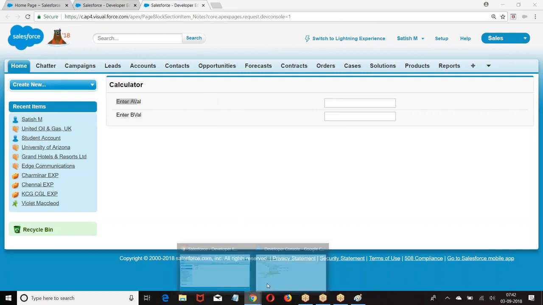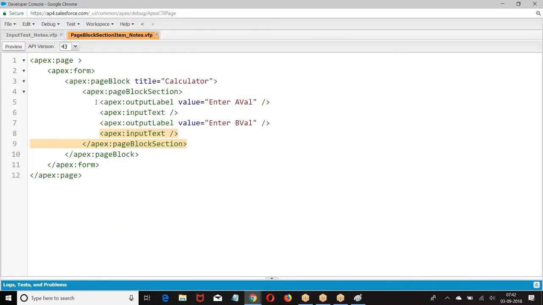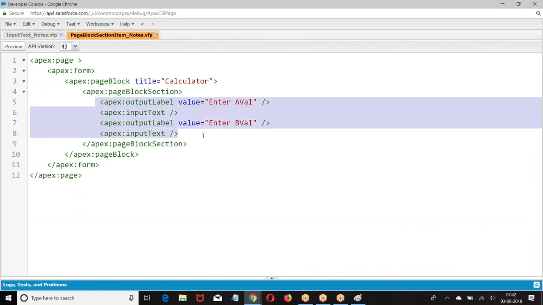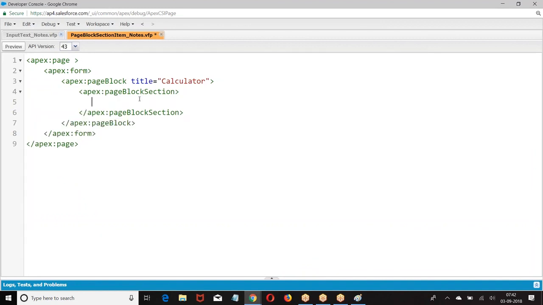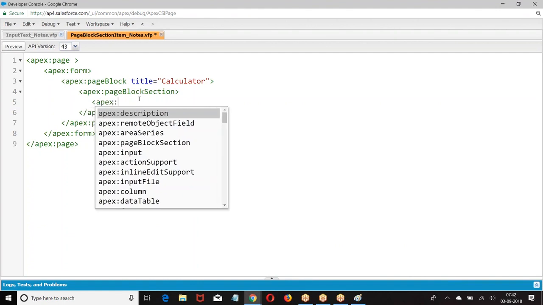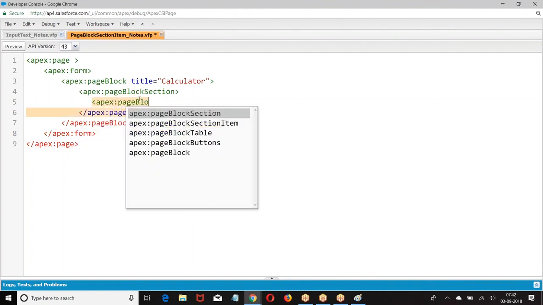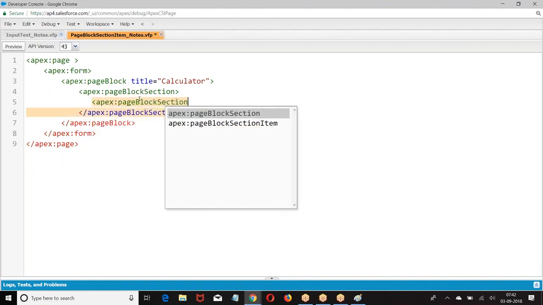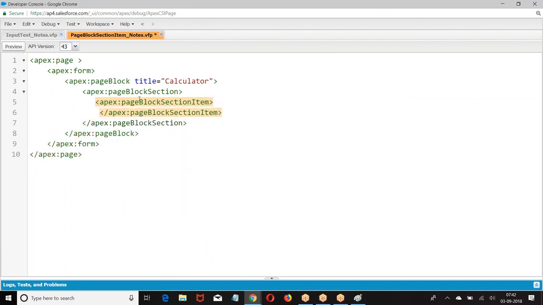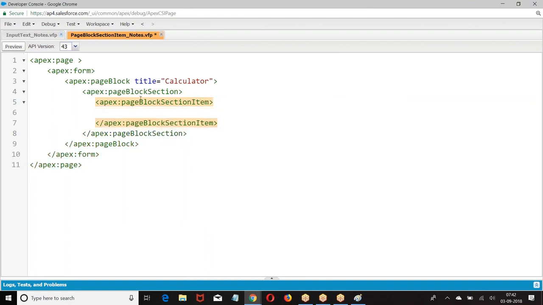Then we have a next concept called page block section item. What is this page block section item? Within the page block section, look at the point. In the page, we have a page block. In the page block, we have a page block section. In the section, we have a section item. A page block section item is one element; I open, I close.